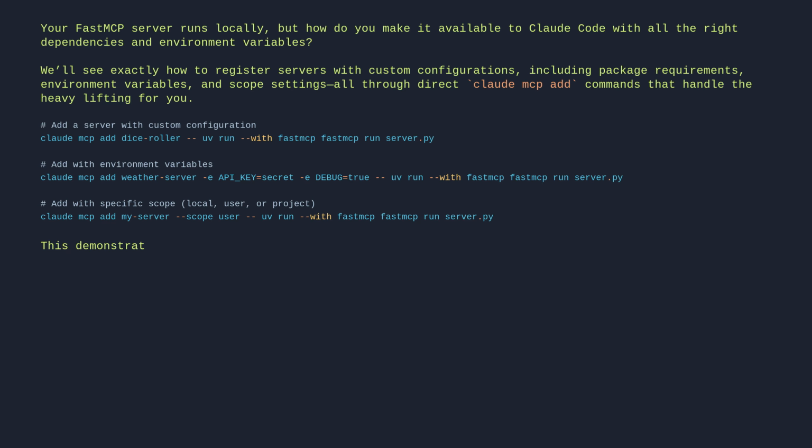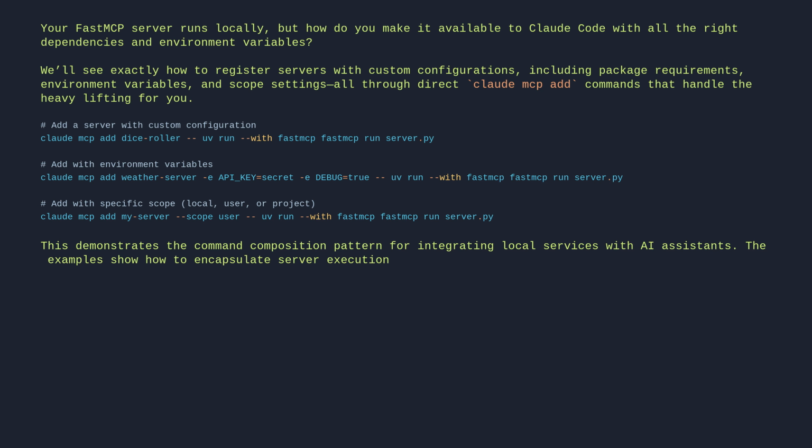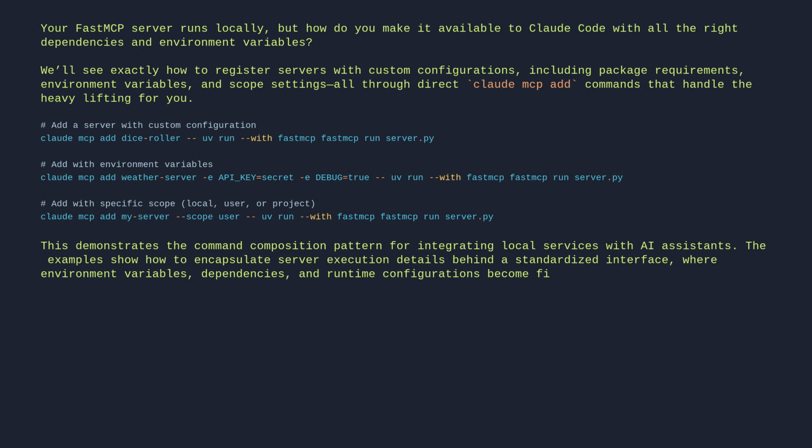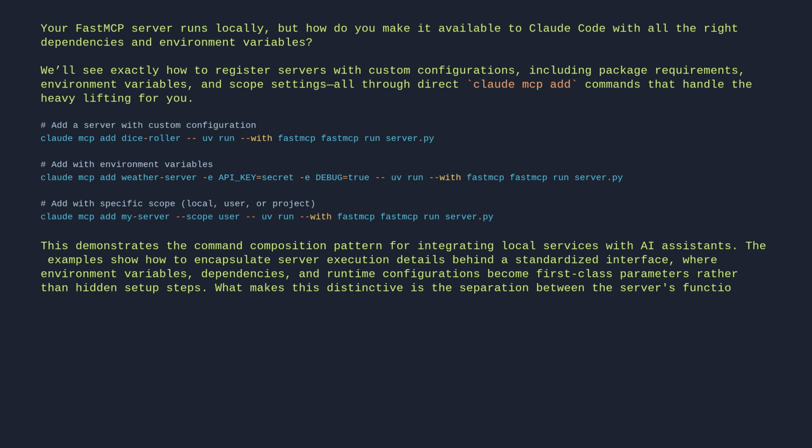This demonstrates the command composition pattern for integrating local services with AI assistance. The examples show how to encapsulate server execution details behind a standardized interface, where environment variables, dependencies, and runtime configurations become first-class parameters rather than hidden setup steps. What makes this distinctive is the separation between the server's functional code and its deployment configuration, managed entirely through CLI